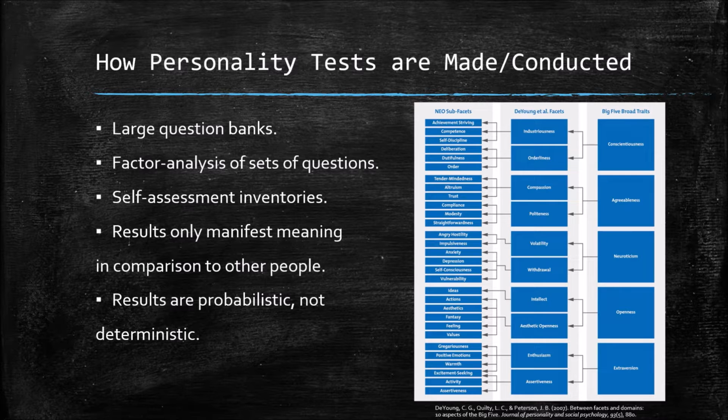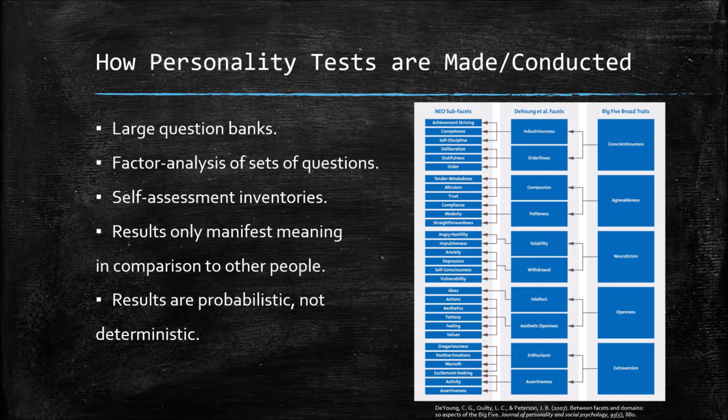So if you notice here on the PowerPoint, we said results only manifest themselves, they only manifest meaning in comparison to other people, right? If you have a test all by itself, it doesn't matter. It means nothing. The results only mean things in comparison to other people, and the reason for that is we're going to look at percentiles, and that's how these things are scored, right? And a great way to visualize this, and I've always found this was the best way to visualize this,